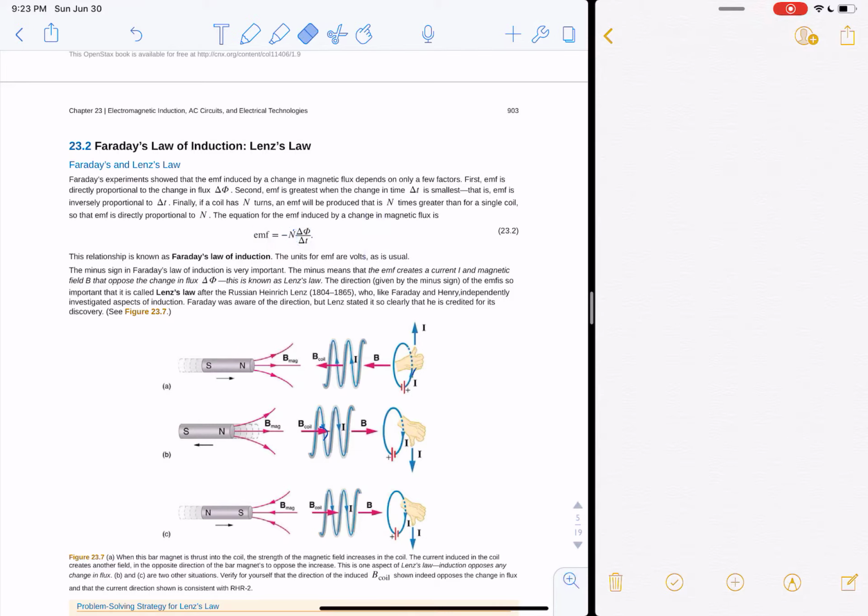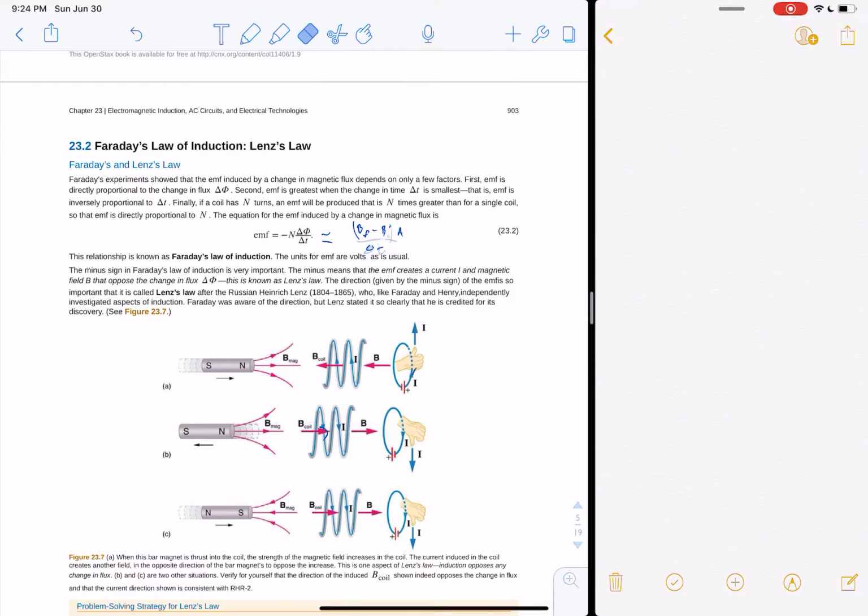Okay, so that's EMF right there, it's just N times the change in flux over change in time. So what is change in flux? An example would be, let's say you keep the area constant. So flux is BA. So you're keeping the area constant, so then it'll be B final minus B initial times the area, okay? Because your flux is changing, divided by the time it takes to make that change. Maybe 1 second, 2 seconds, 3 seconds, something like that. So B_F minus B_I